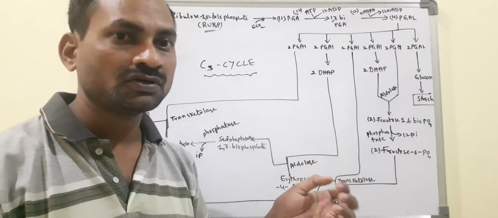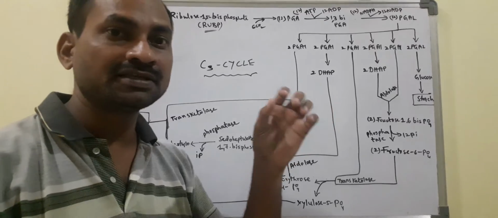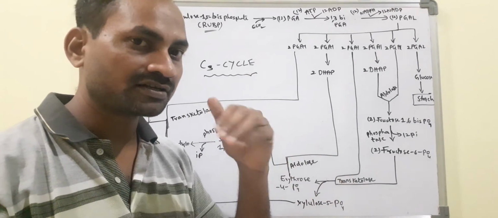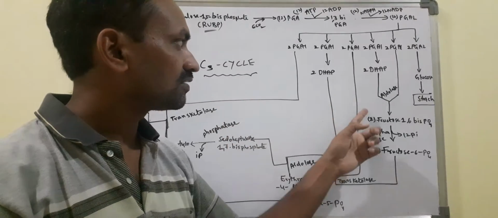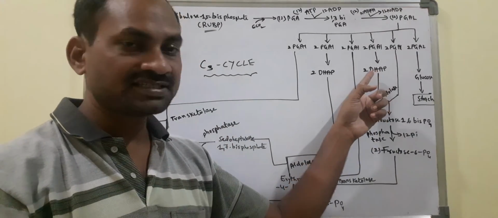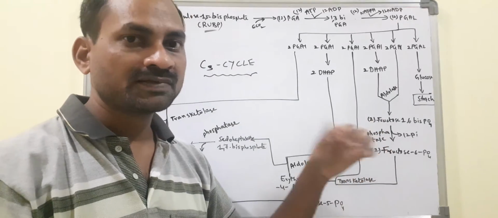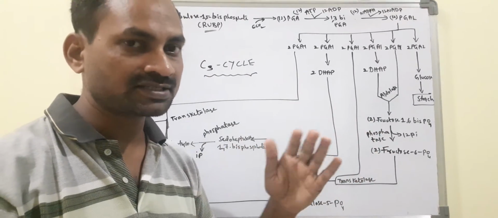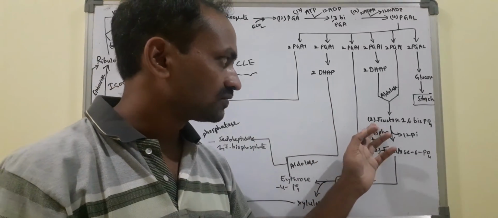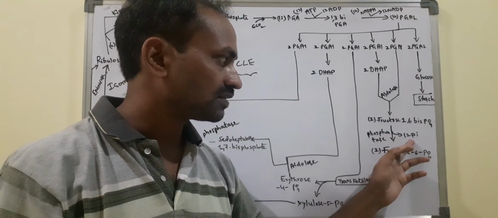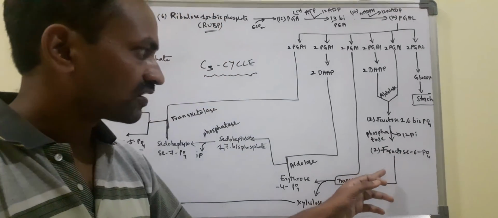Sometimes they will ask you what are the compounds common to glycolysis and the C3 cycle. So this DHAP and fructose 1,6 bisphosphate are 2 intermediates in both glycolysis and the C3 cycle. Please remember. Now this fructose 1,6 bisphosphate loses a phosphate molecule and forms fructose 6 phosphate, and fructose 6 phosphate